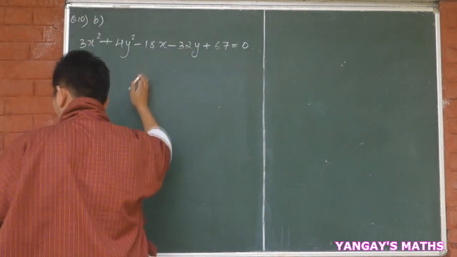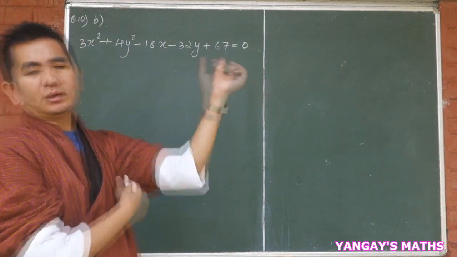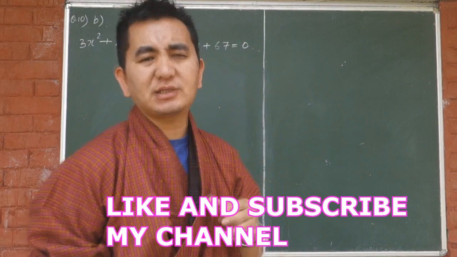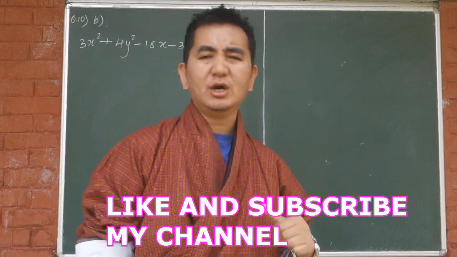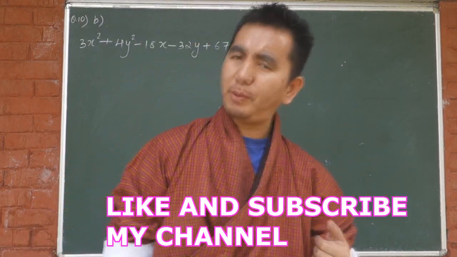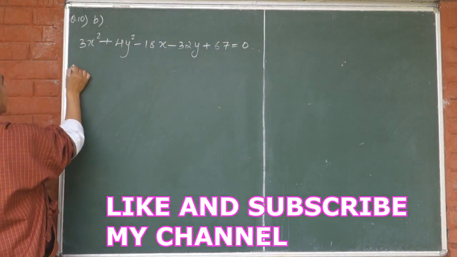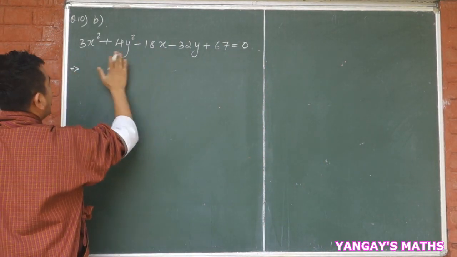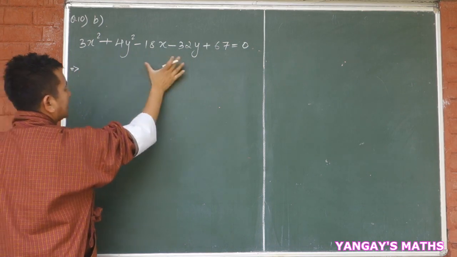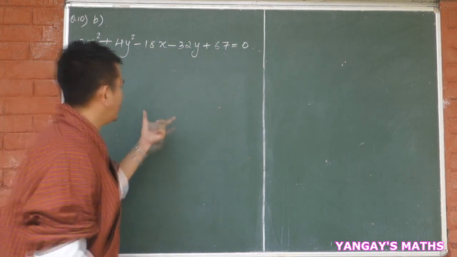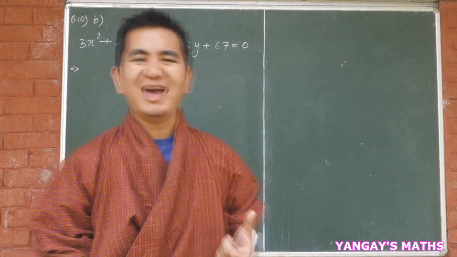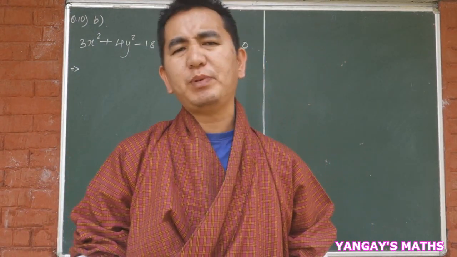So in this case, how to go about this question? This type of question is frequently asked in BHSEC, so we will do a similar type of question under hyperbola as well. Now how to go about this one? What I can do here is bring all the variables of x on one side and the variables of y on one side. So we will try to make it in the form of x minus h whole square plus y minus